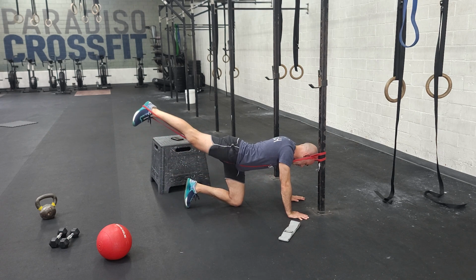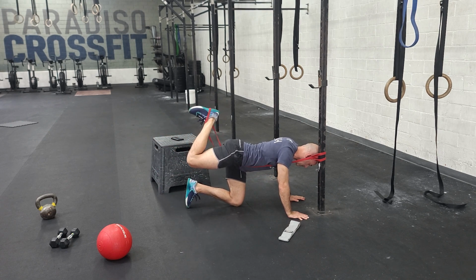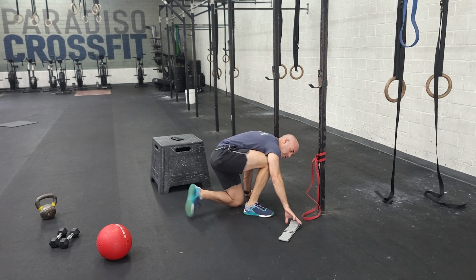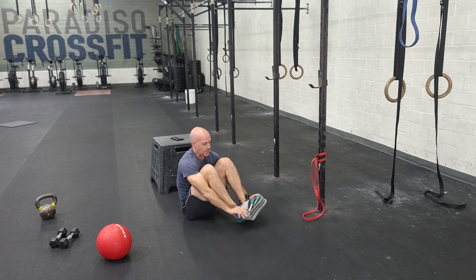Knee to chest and drive. Want to avoid coming up like this. We really want to straighten that leg, okay? That's movement number 1. Movement 2, also something we did last week if you came in, is going to be